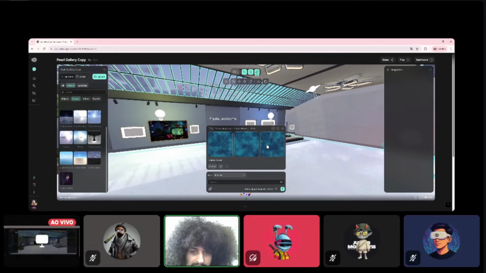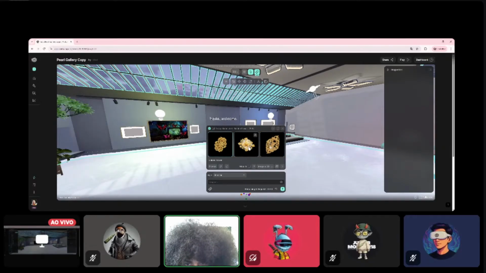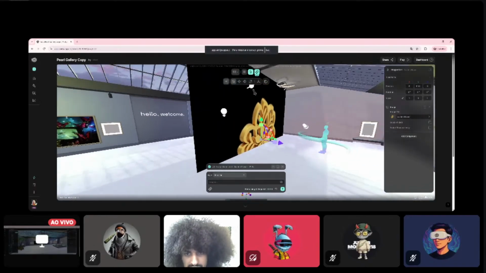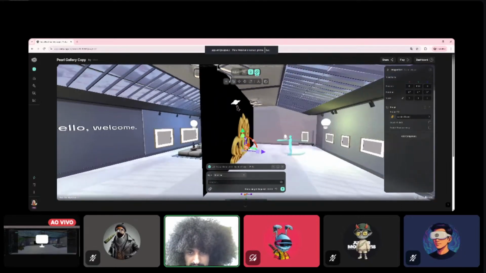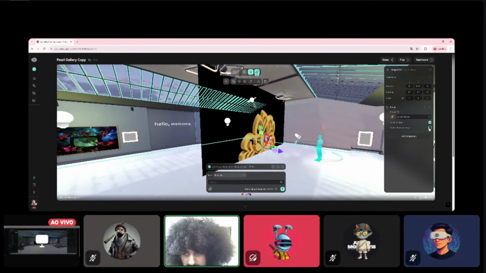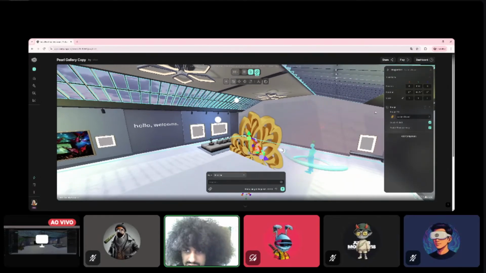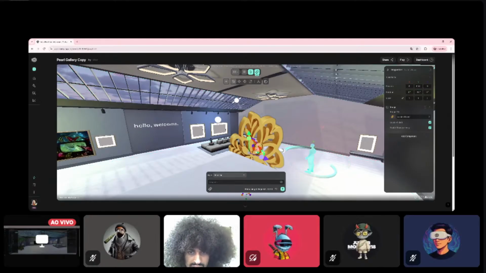And one nice thing about it, you guys will see when it stops generating. Nice, those are nice. Let's say that I want this pattern here, and a nice thing about it is if you don't click on image to 3D now, and just save and place in 3D space, here you will see the image. I don't want it to be double-sided. And the good thing is this is a transparent image, so I can enable transparency, and any image with transparency you can use for that. And I can now place it wherever I want in my scene.